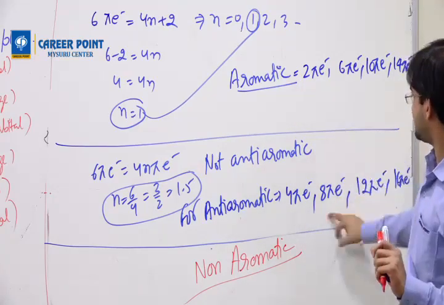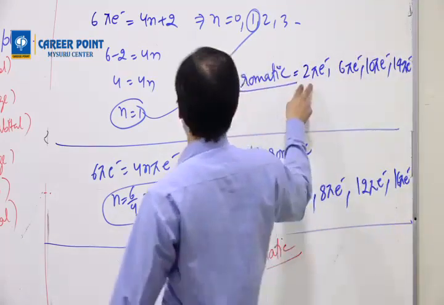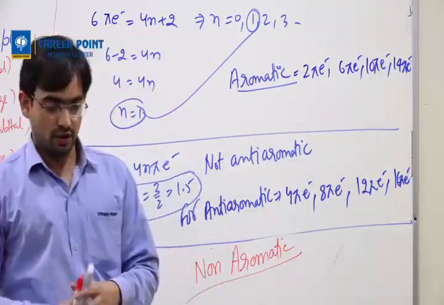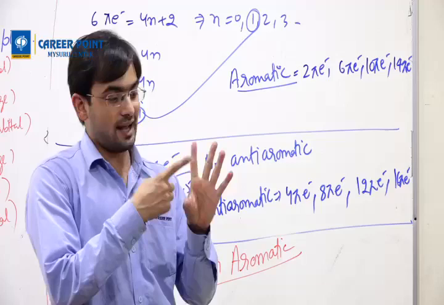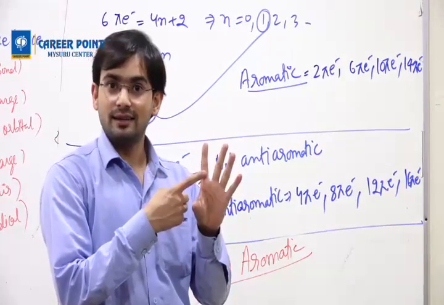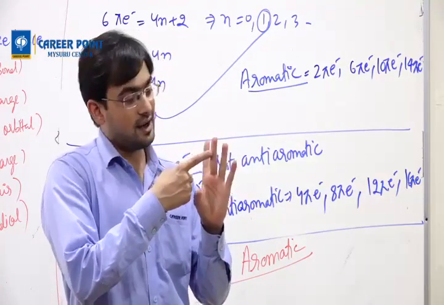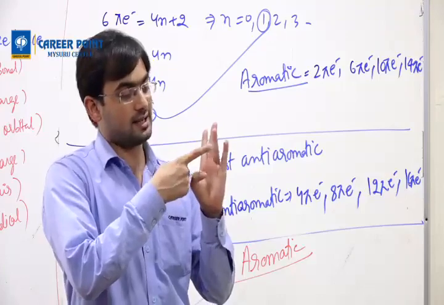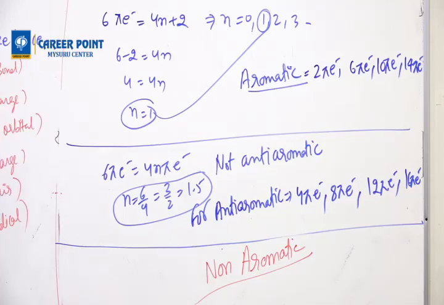Now, if you look at the values here, it is the table of 2: 2, 4, 6, 8, 10, 12, 14, 16, and alternating. If you remember, 2 is aromatic, 4 is anti-aromatic, 6 is aromatic, 8 is anti-aromatic, then anti-aromatic, aromatic. Understood now? So that's how we find out. So benzene becomes an aromatic compound.